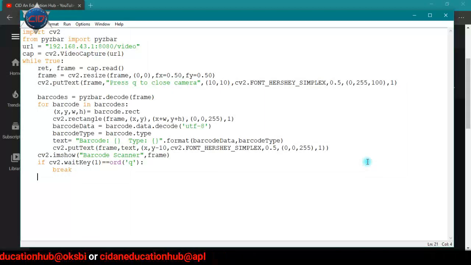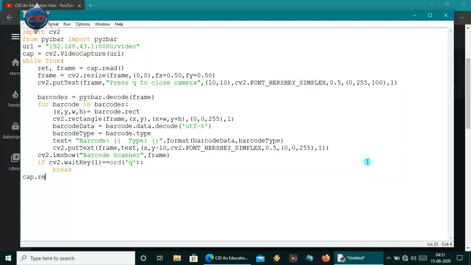So after the while loop I will use here firstly cap.release to release our video source. Okay, and now destroy all the windows, so I will call here destroyAllWindows. Okay, so we have done.